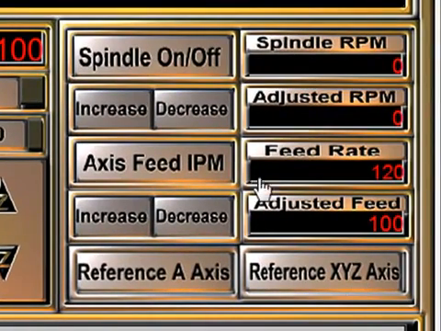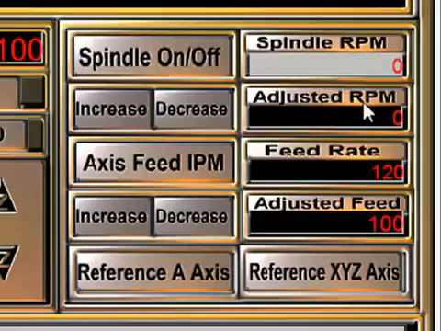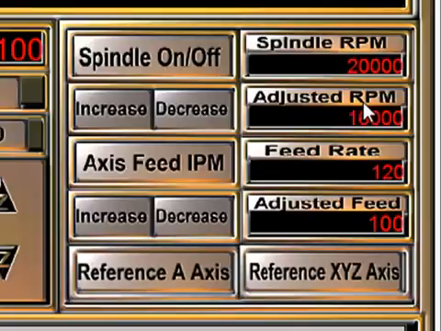In this section here we control the spindle, if you have the optional spindle. If you're using a router, that's done manually. And you also control the feed rate. For example, if your program sets the spindle RPM at 20,000 RPM, as you're cutting and running the program, if that's too fast or too slow, we can decrease or increase the spindle RPM by clicking on these buttons, and you can do that on the fly.